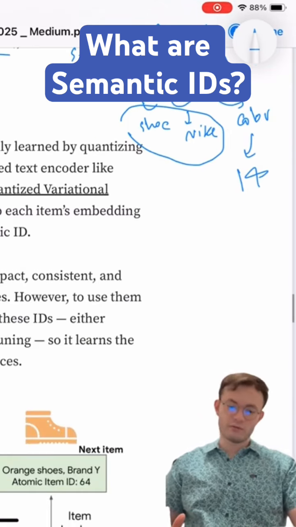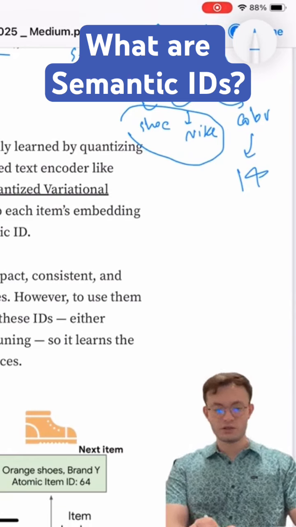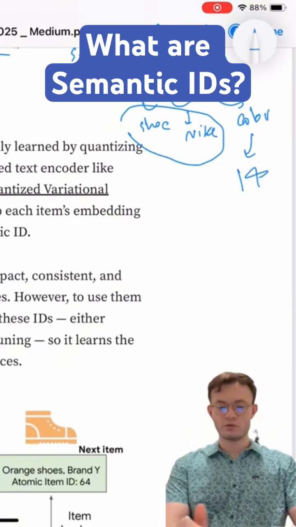And one very famous method of doing so is residual quantization variational autoencoders, or for short